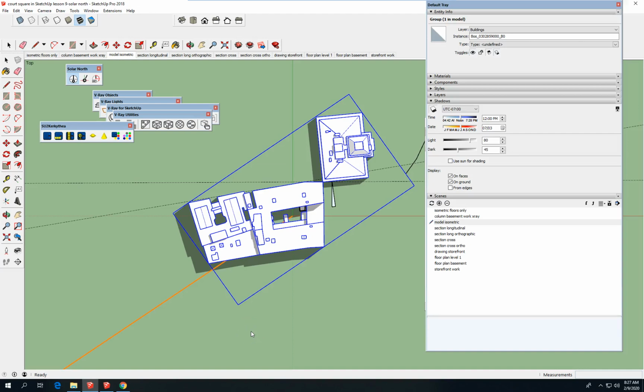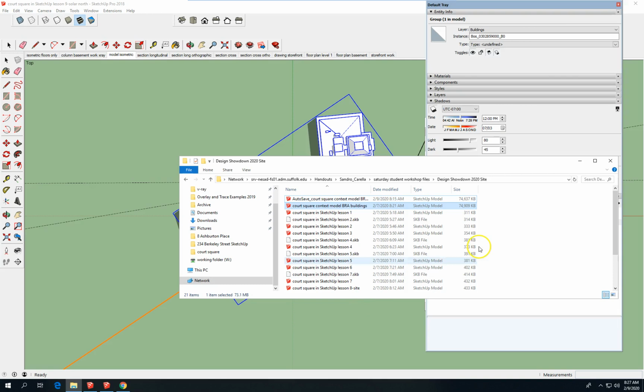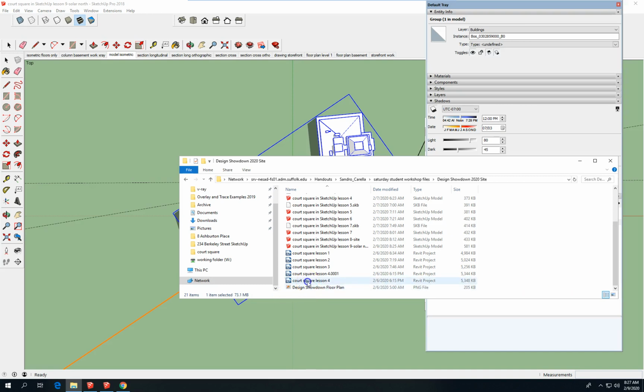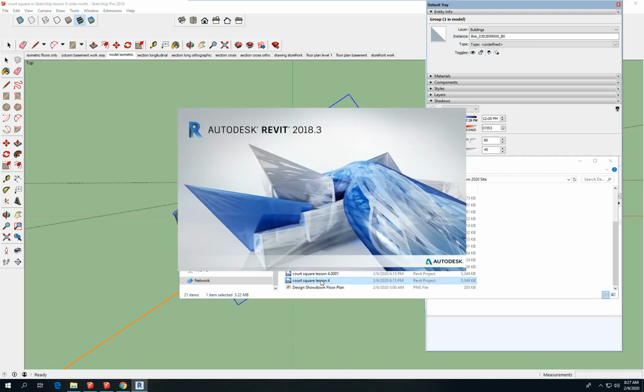I'm going to switch over to Revit. Now, we set Solar North in the SketchUp model and saved it as lesson 9. Let's open the Revit model and talk about how we might